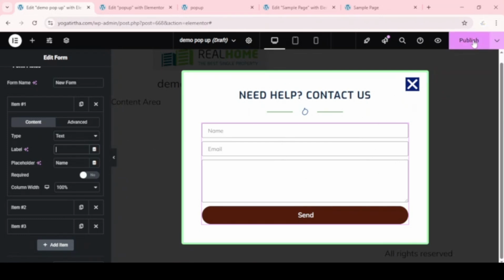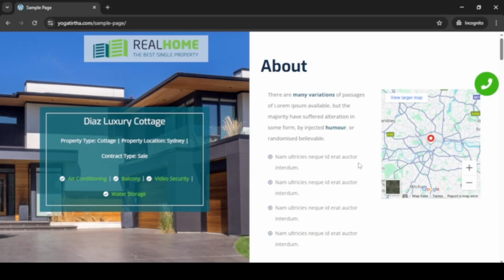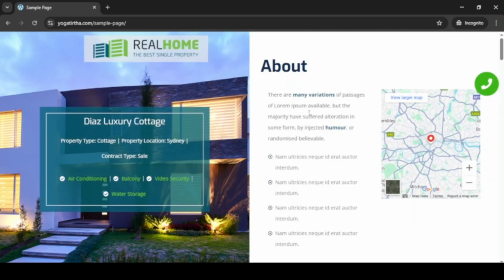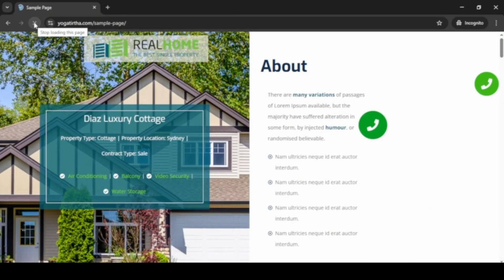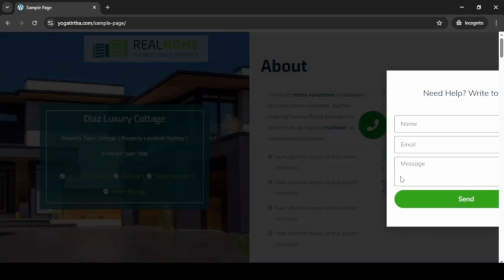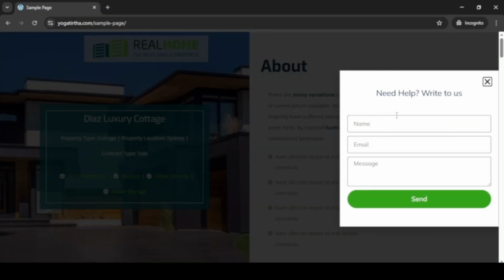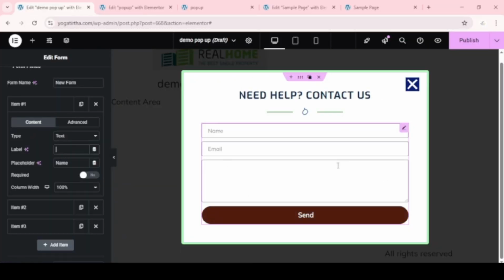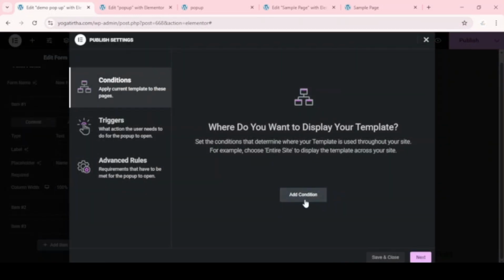One more thing I will tell you that, you know, this thing after when I refresh the page, you see after few seconds the pop-up is showing. So how you will do that? After doing the all things, you just click publish. Here you can